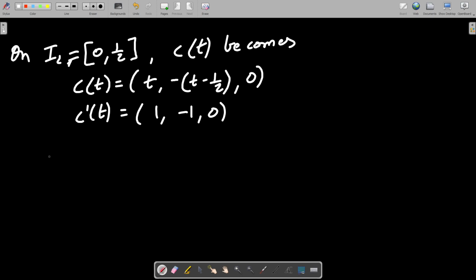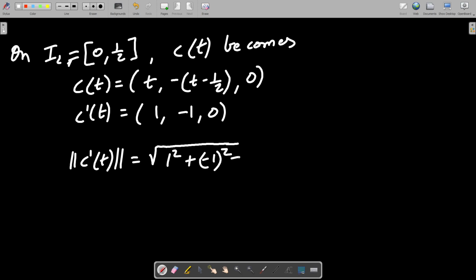And norm of c prime of t is root 2. Thus